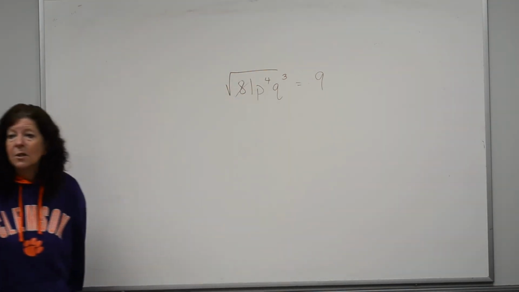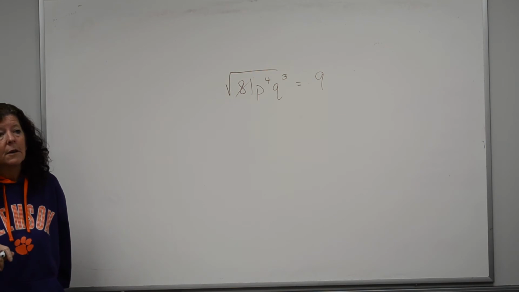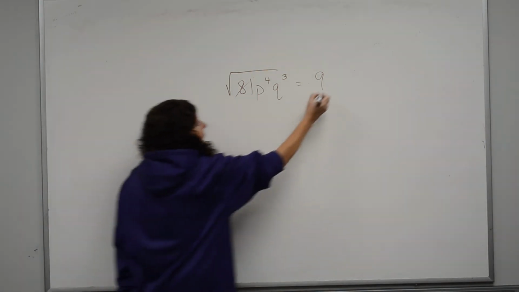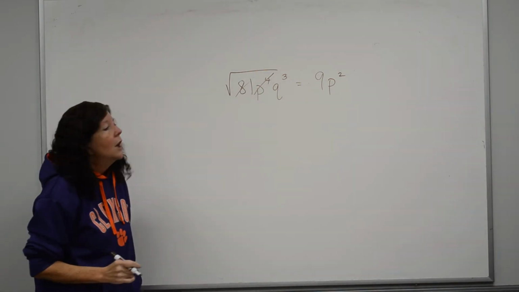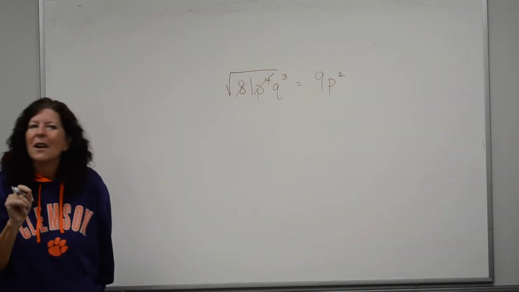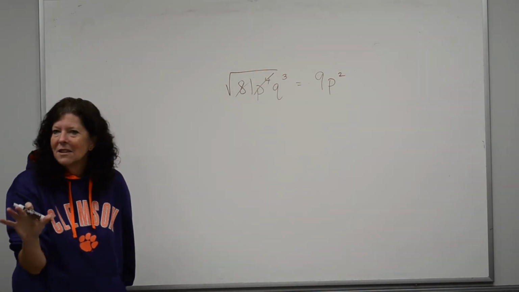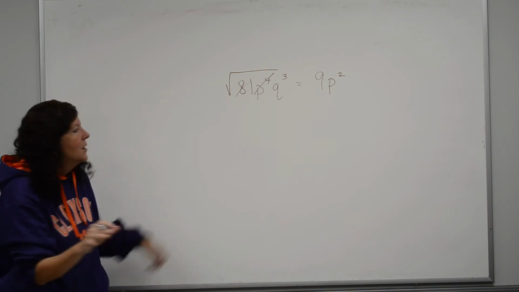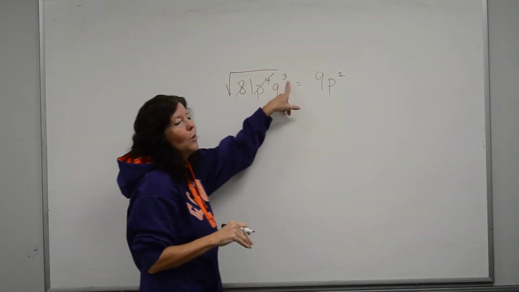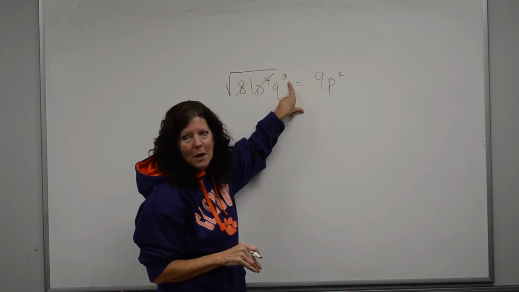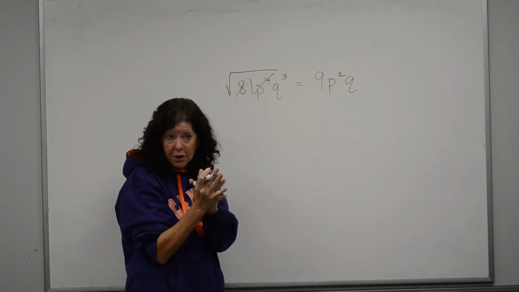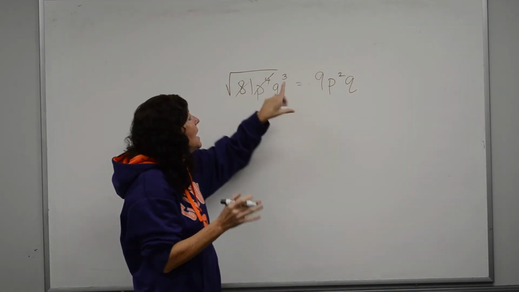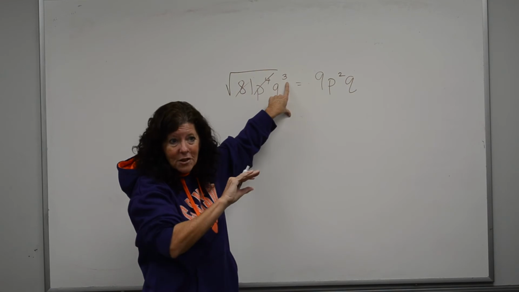Okay, can I take the square root of p to the 4th power? P to the 2nd. Okay, and that comes out perfect, right? Can I take the square root of q to the 3rd? I can't. This is where I'm going to get tripped up here. So then I'm going to go 2 times what comes close to 3 without going over it? 1. So I have a q to the 1st power on the outside, but it doesn't come out